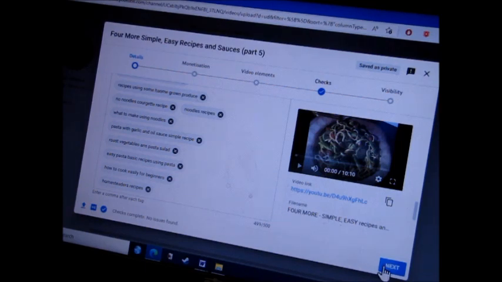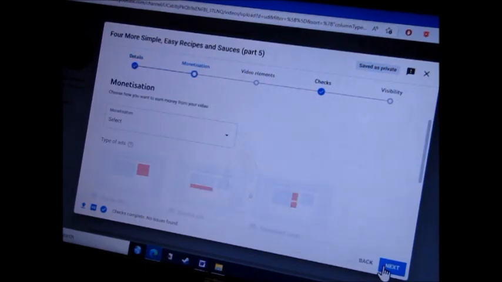Then I go on to next down the bottom right. I have a basic monetisation system that is on trial for Cyprus, and we cannot control our adverts other than hitting on or off. If I choose to do off and not allow it, they put the adverts on anyway.